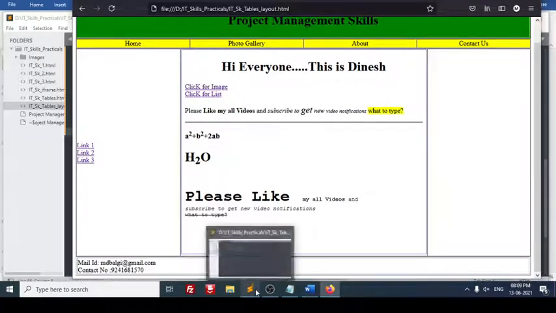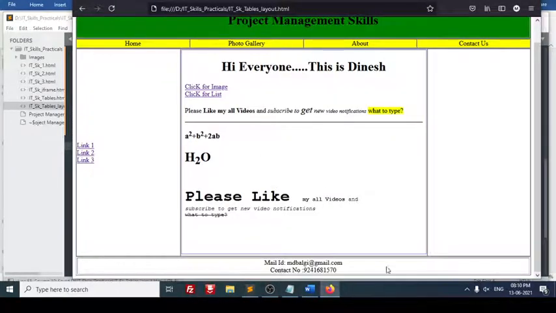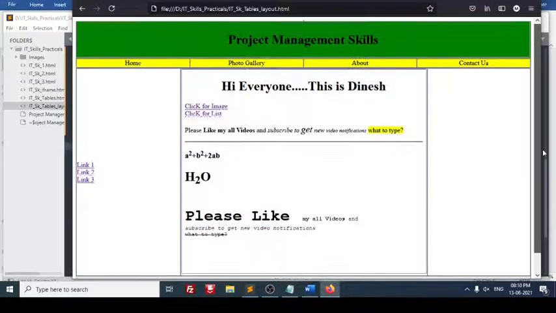No, this is not working. Here, with the table, we will align it with the row only. The table data. Yes, this is how you can. This is how you can create your own web page layout.